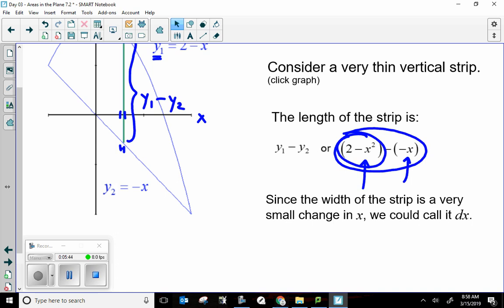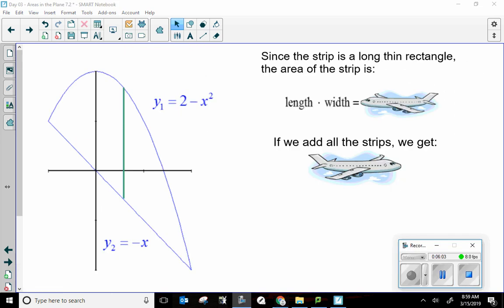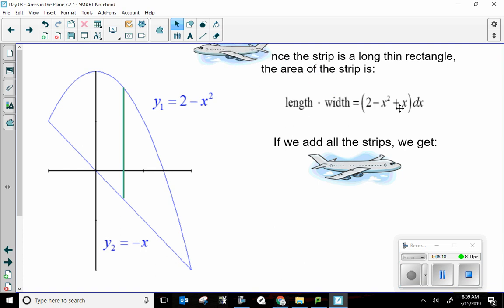Anyways, we call that dx. So if I want to figure out the area of that bar, length times width. Can you see where we're going with this? And once again, I have logically went where the notes should go. Length times width is right in front of our face now. Since the strip is a long, thin rectangle, the area of the strip is length times width, which means I